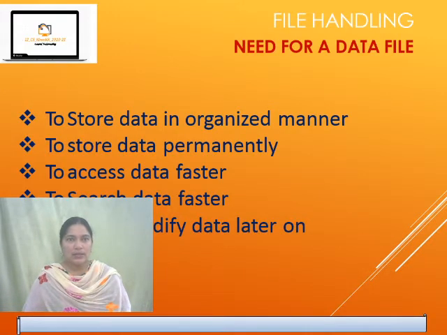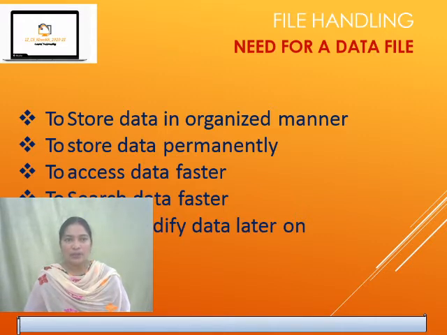Okay, let's look at what is the need for a data file. Actually, when you are doing a Python program, it will give you the output then and there on the console, isn't it? Later on, after some time, if you want to see the output, it is no more available on the screen, isn't it? And if you want to retain that output so that you can keep that data with you, that data is no more available in normal execution, isn't it?